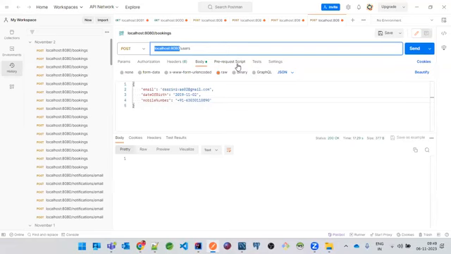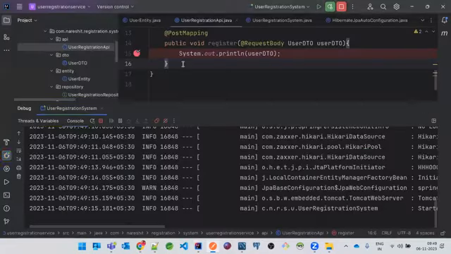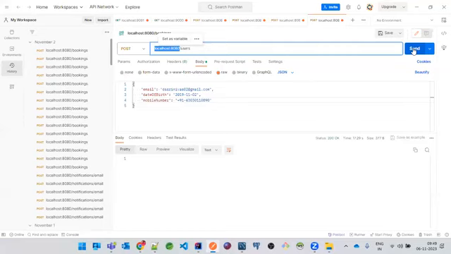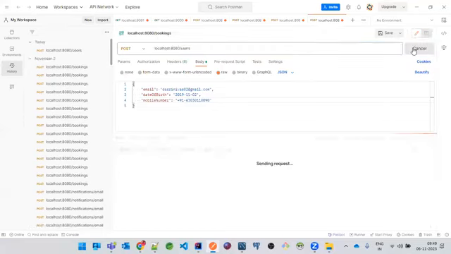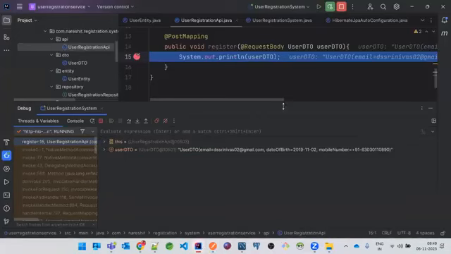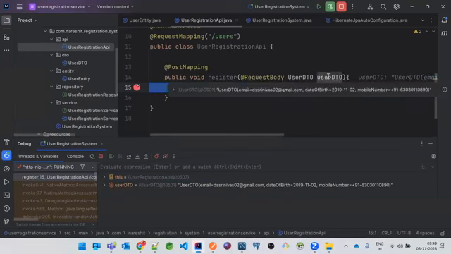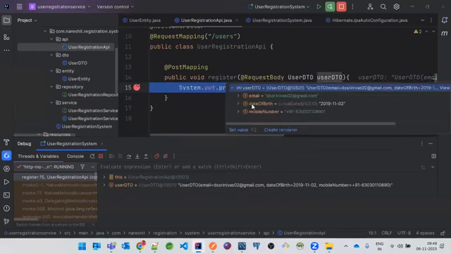Now, which endpoint we need to trigger? That's the question. If you go to the user registration service on the top, this is the root URL of this API. Whenever we are going to click on this send, just click on this send now. You see that we are getting the trigger point over here. And whatever values I have submitted in the JSON, by default, they are coming